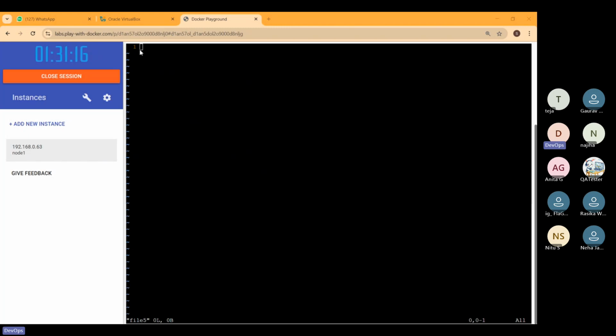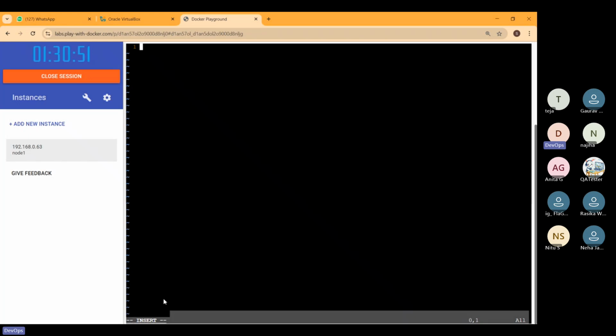So now here I want to add the content. By default, the editor will open the file in read-only mode. To enter the data, you need to open insert mode. How can you do that? Just simply press i on your keyboard. If you press i on your keyboard, you will see the file is open in insert mode. Now here you can